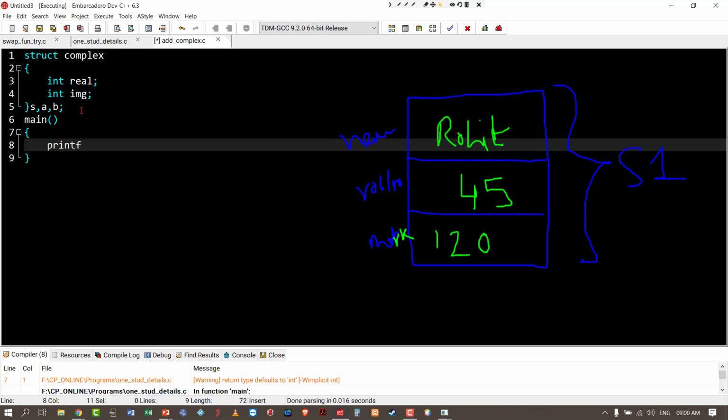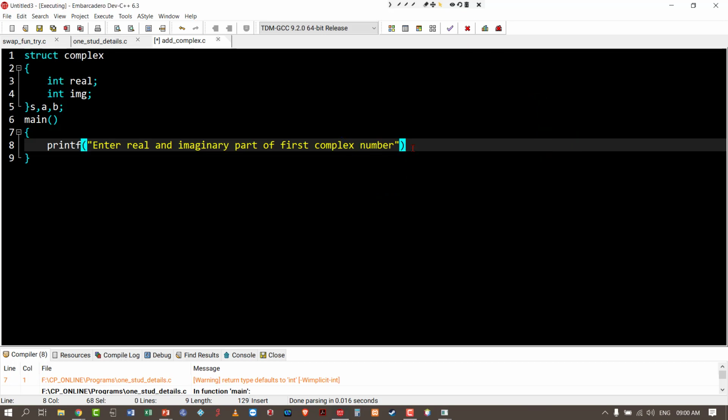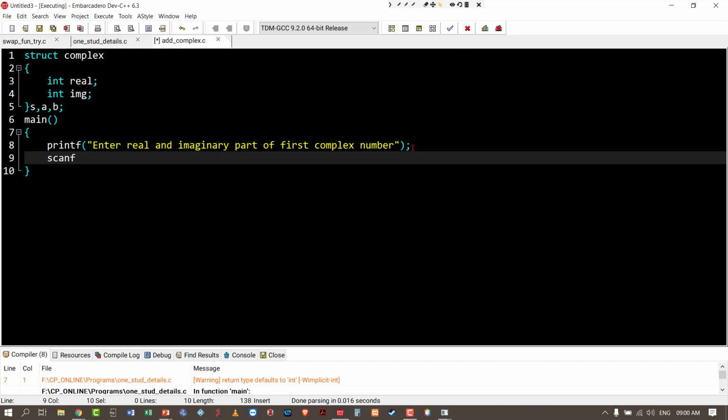printf enter real and imaginary part of first complex number. Scanf, so it will be two integers, %d, comma